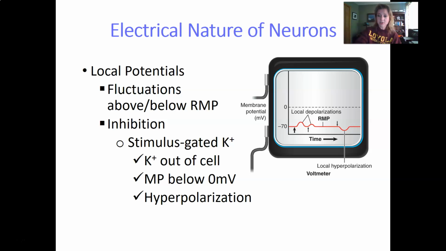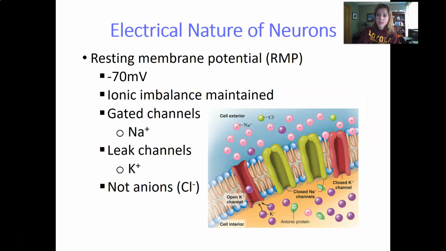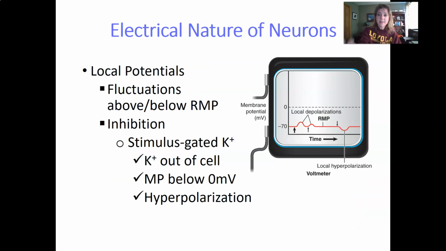So let's go back to that picture again. So notice that we have more potassium inside of the cell than out, but if we have an inhibitory signal, it's going to cause our red channel to open. Potassium is going to flow out, which means that the inside of the cell is going to become more negative. Why? Because it's losing more positive charge. So when that happens, that's going to cause hyperpolarization. So when you have a fluctuation below resting potential, below negative 70, that's something that's called